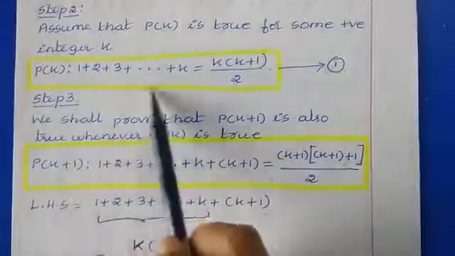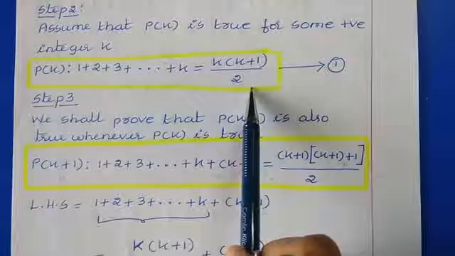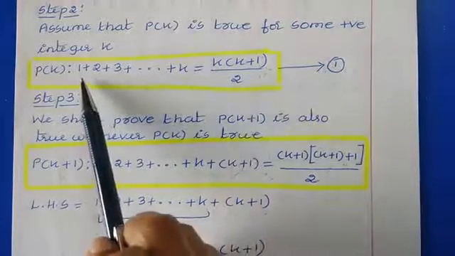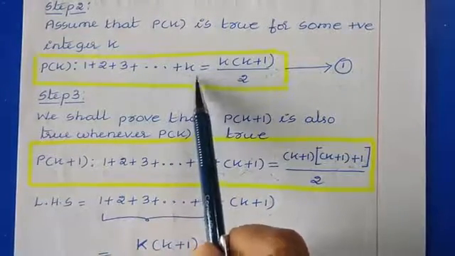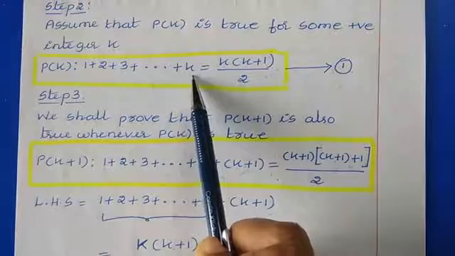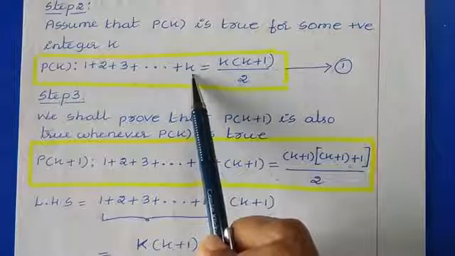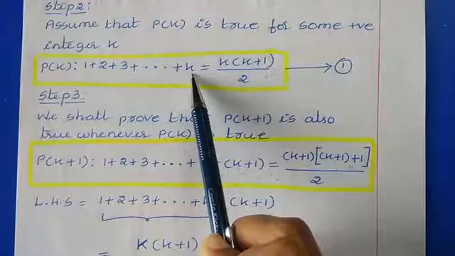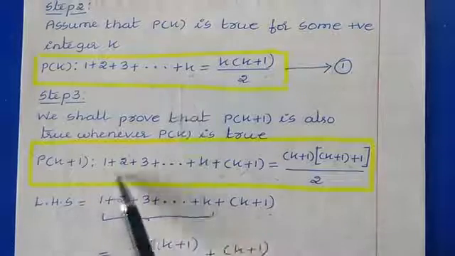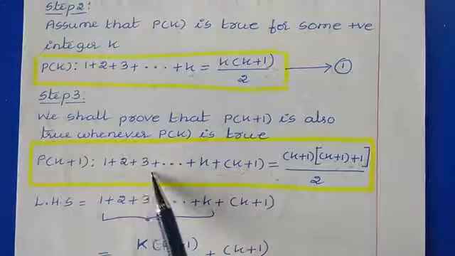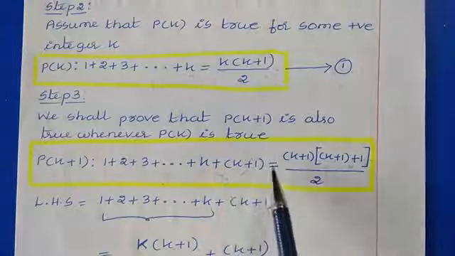So, if you write this particular mathematical statement in k plus 1 form, then it becomes 1 plus 2 plus 3 plus so on up to k. Then after k, we have the next term. The next term is k plus 1, right? If you have 1, the next term is 2. If you have 2, the next term is 3. So here after k, we get k plus 1 term. So write that. 1 plus 2 plus 3 plus so on up to plus k plus 1 is equal to,